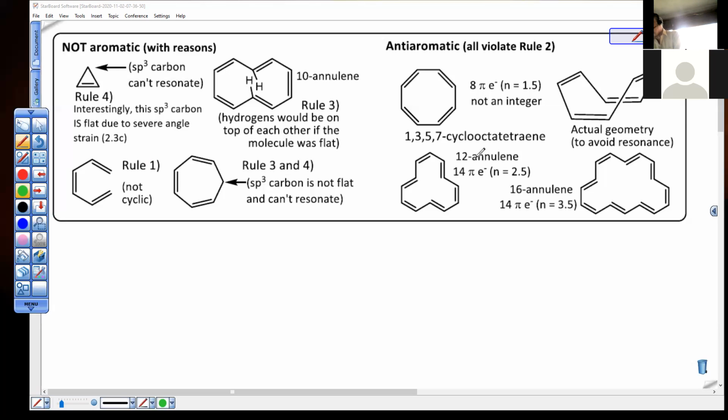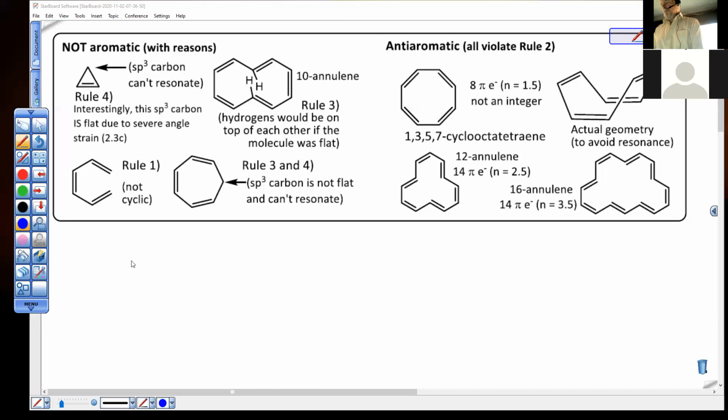12-annulene has the wrong number of pi electrons. It will not go flat. It will not be aromatic, the same problem as 16-annulene. So there you go. So we have questions sometimes,